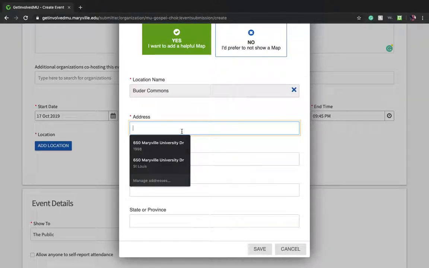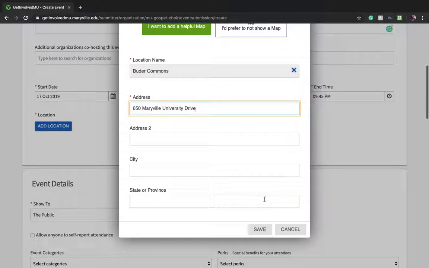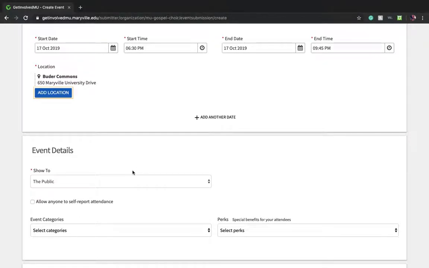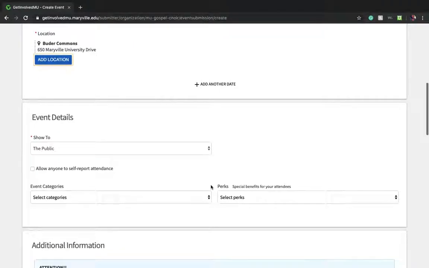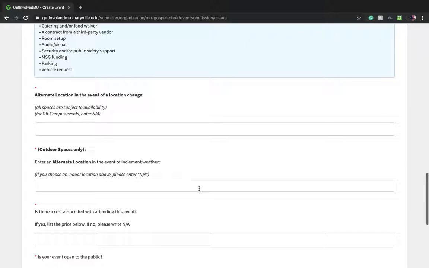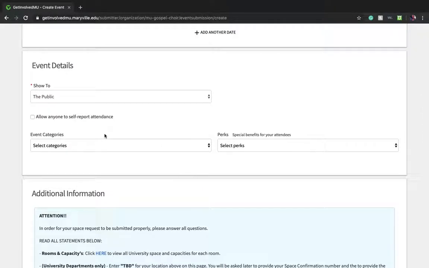It'll ask you for an address. That's when you would just put in 650 University Drive. And you should be good from there. Just save it in. You should always have a backup location ready. So it'll ask you down here for an alternate location just in case you don't get approved for the first one. But we're going to come back up here, and then